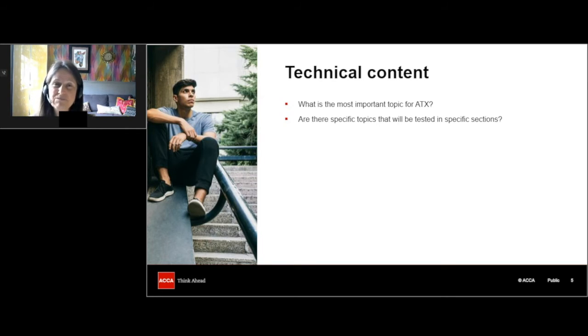So apart from ethics and professional skills, there are no specific topics that will be tested in specific sections. The only thing that we can really say is that in the scenario questions in section A, there are some areas that are perhaps more likely to be tested. So things like groups of companies for corporation tax can form quite large questions. They often come up in section A. Sole traders, either starting in business or ceasing to trade, maybe incorporating their business, that quite often gets tested in section A, simply because there are lots of different areas of tax that can be included.